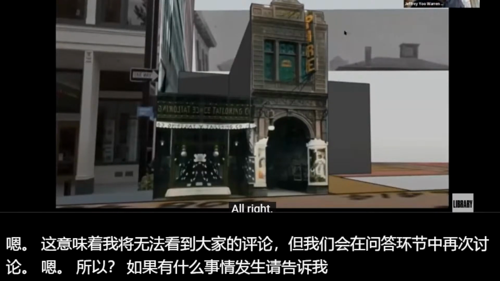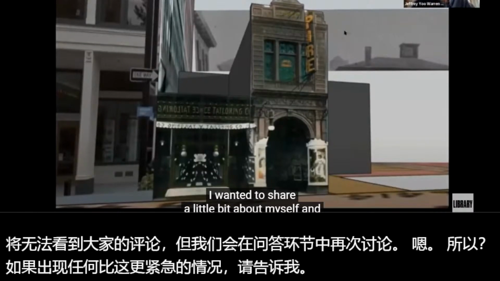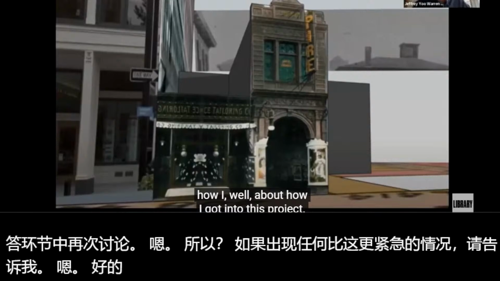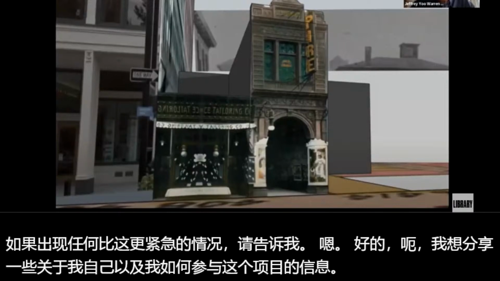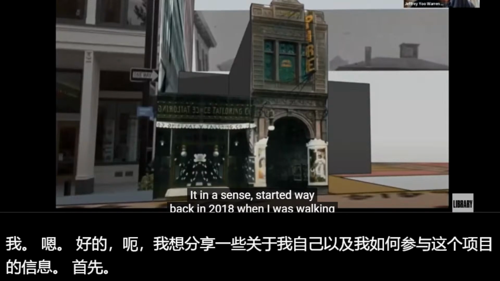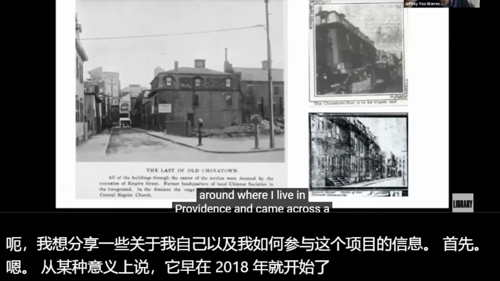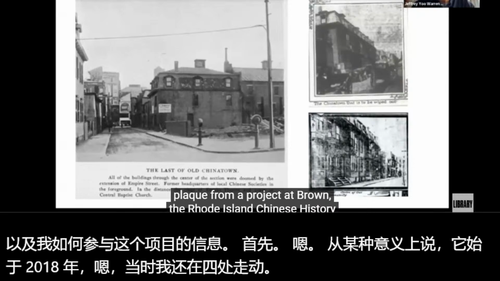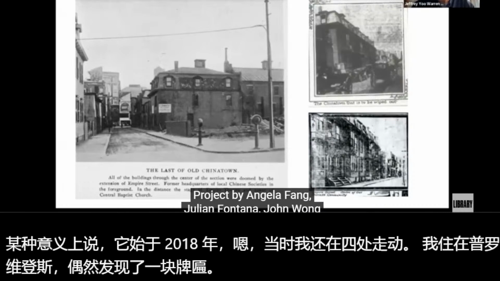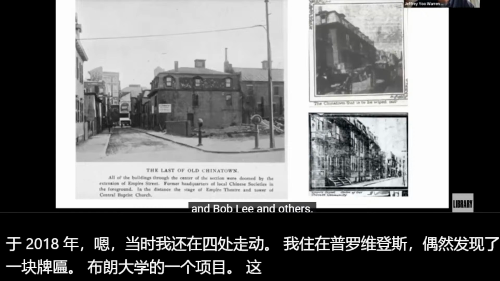All right. I wanted to share a little bit about myself and how I got into this project to start with. It, in a sense, started way back in 2018 when I was walking around where I live in Providence and came across a plaque from a project at Brown, the Rhode Island Chinese History Project by Angela Fang, Julianne Fontana, John Eng Wong, and Bob Lee and others.